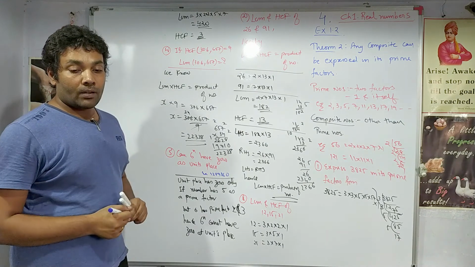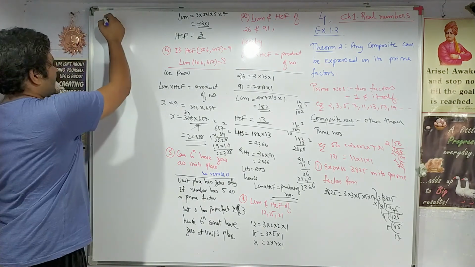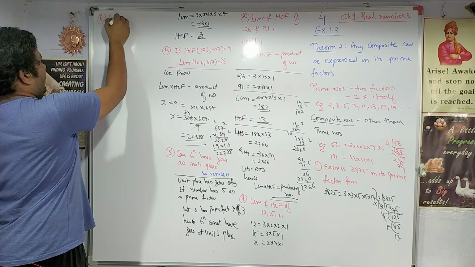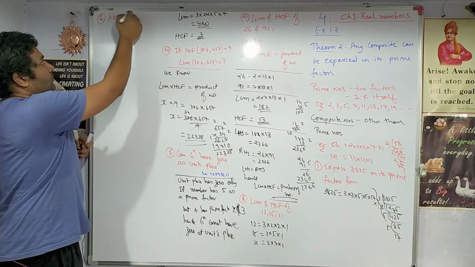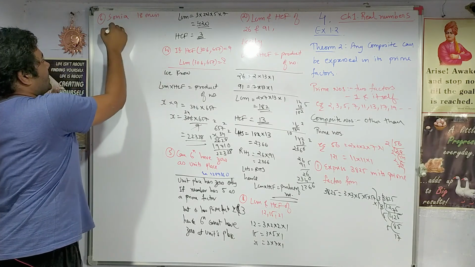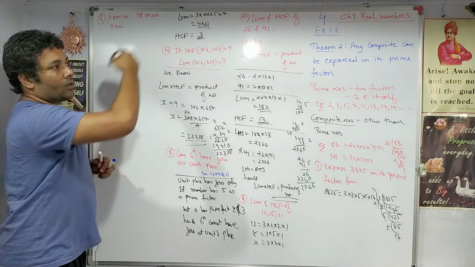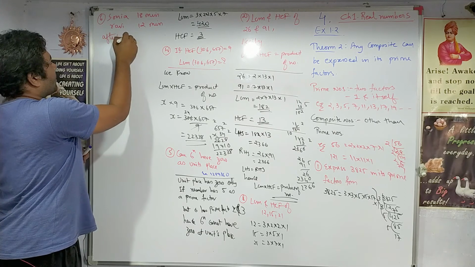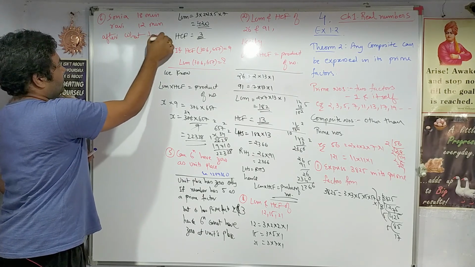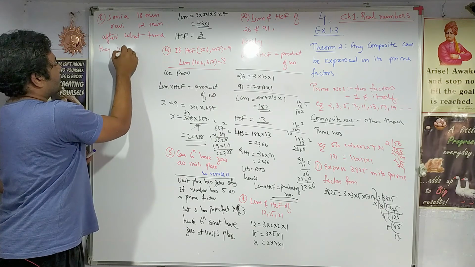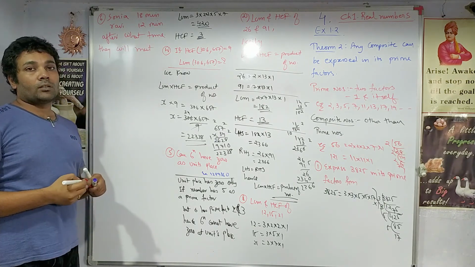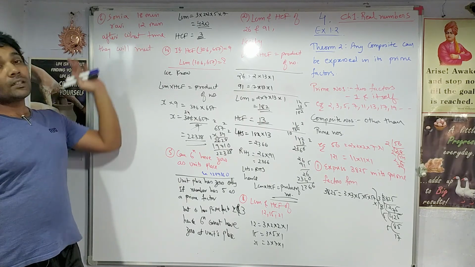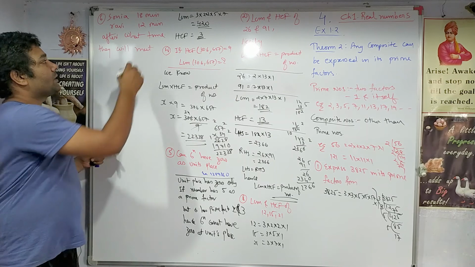Then the last question we have is that Sonia can complete the round of the ground in 18 minutes, whereas Ravi can complete the whole round of the ground in 12 minutes. After what time will they meet? That is what the question is, right? Sonia covers the round of the ground in 18 minutes, Ravi in 12 minutes. After what time will they meet?